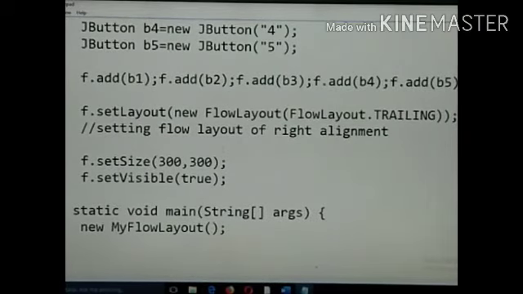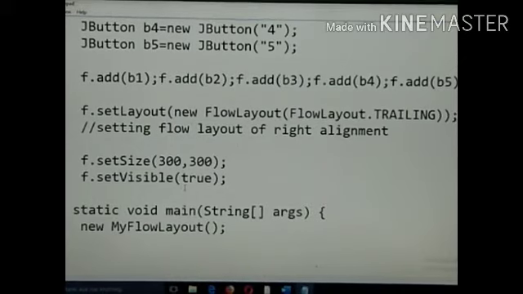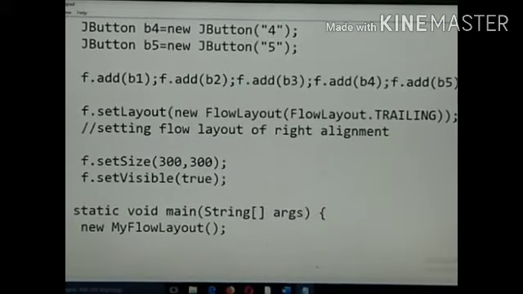So we will run this program once. f.setSize I have given, setVisible is true. This is for the frame. You are going to set the frame size as 300 by 300 pixels and it is true always. So let us run this.